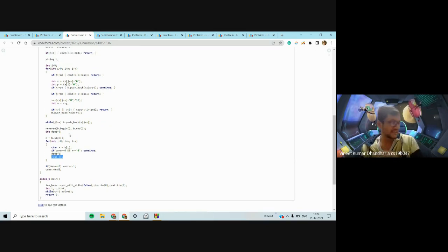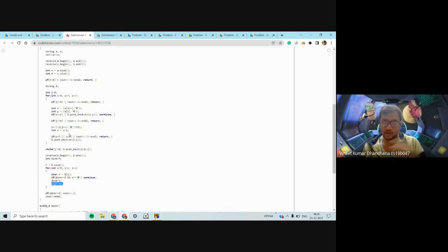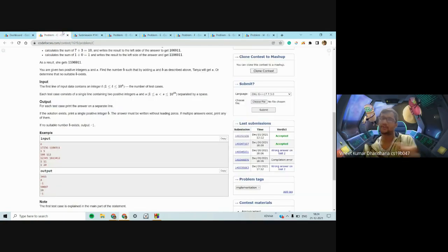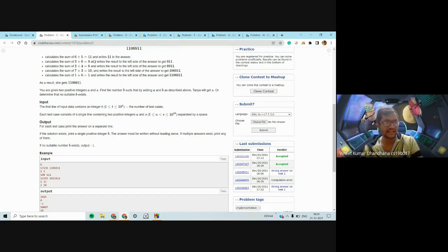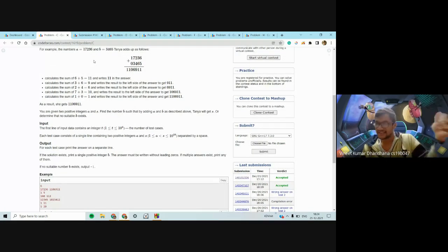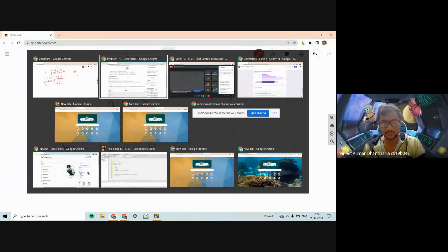My implementation might be a bit long for this particular problem, but the core idea is this: you start from the right, and whenever you can take up the difference, you just do it. Else you take up one more character from the left and see if it works out. So that's a simple greedy technique. There is not much thinking required for this problem. You just do as it is stated. So are there any queries for this particular problem?